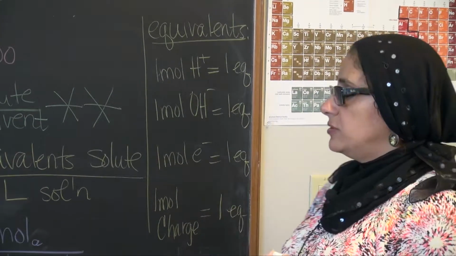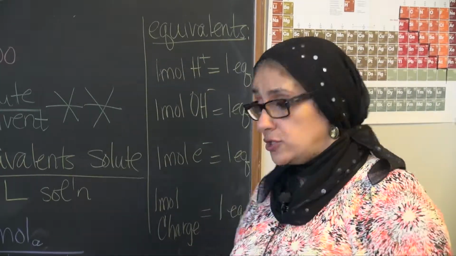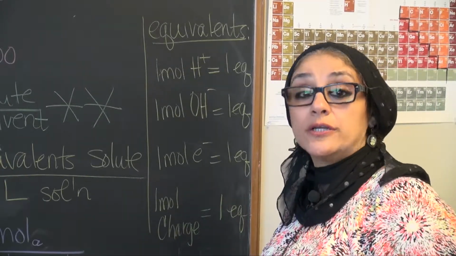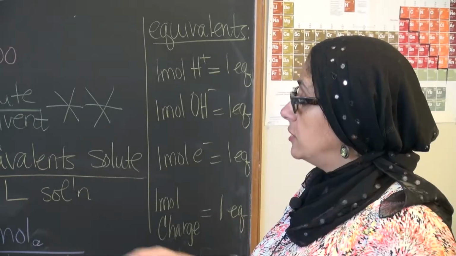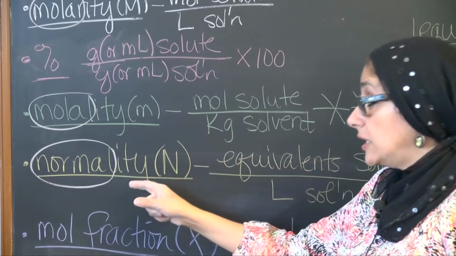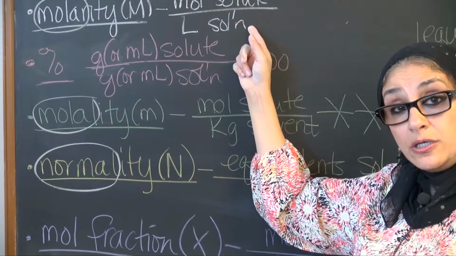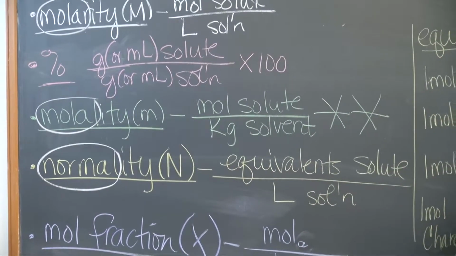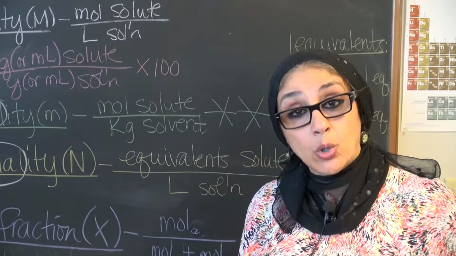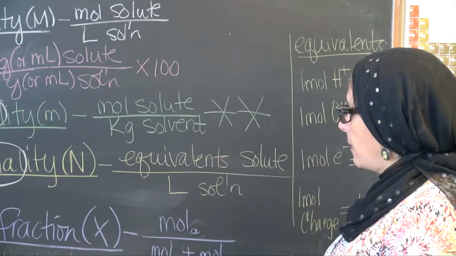And if you're dealing with a substance that's not an acid or a base or a redox type reaction, just look at the mole of charge on the cation. Each mole of charge is 1 equivalent. To get to normality, start with molarity, get the concentration in molar, and then multiply by a factor: for each mole of substance, how many moles of the active ingredient as listed here. Okay,